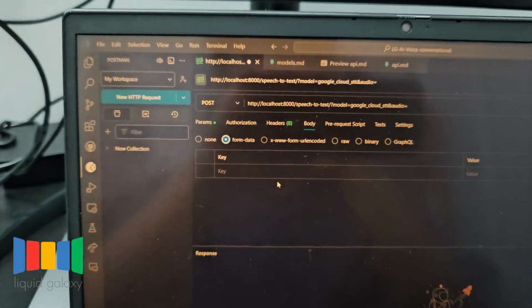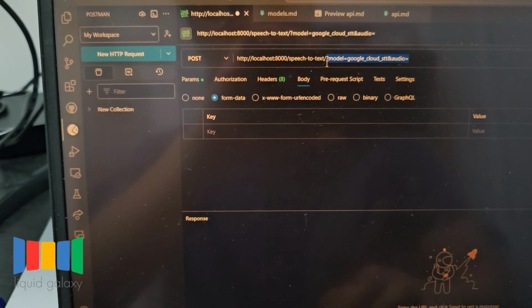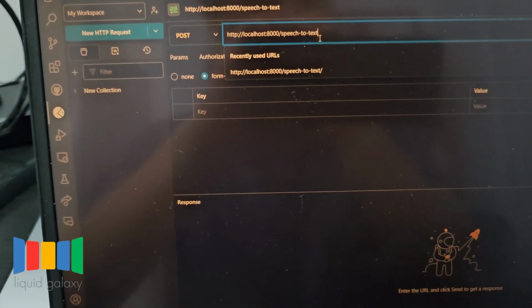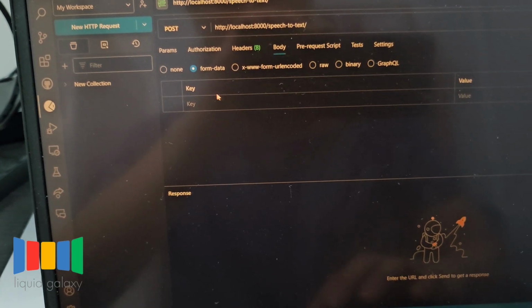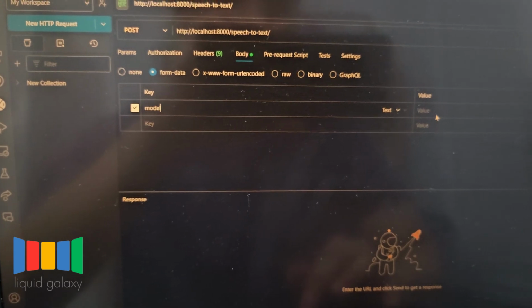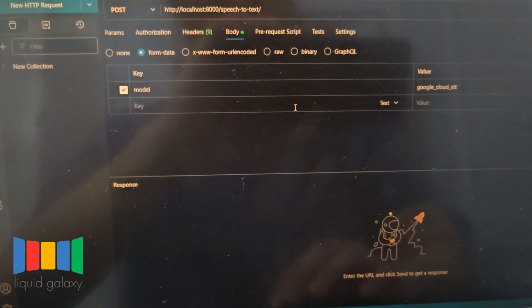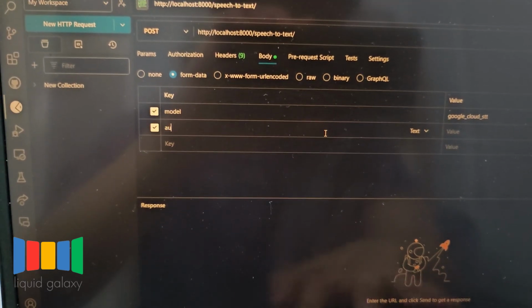So this is just to test our API out. I'm making a post request to one of our endpoints, which is going to be speech-to-text. Okay, and then we're going to pass in a model. For the model, I'm going to just go with one demo, Google speech-to-text, and then for the audio, I'm